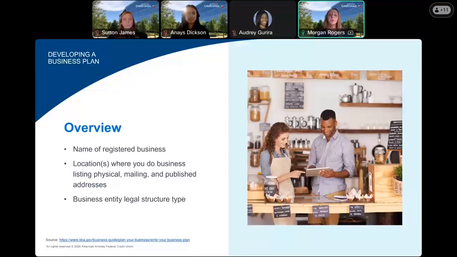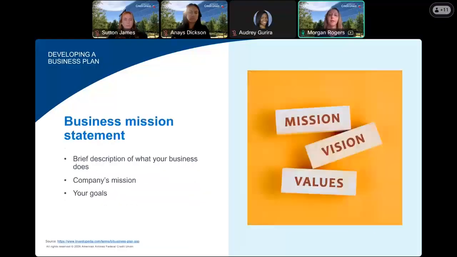If you already have an established small business, then all this information regarding the physical and mailing address information will be listed on your business entity documents. You're going to need to know all this information when you go to file. If you're creating a small business plan before establishing the small business, definitely check out some of our other webinars that we have on selecting the different business entity types to get you started.